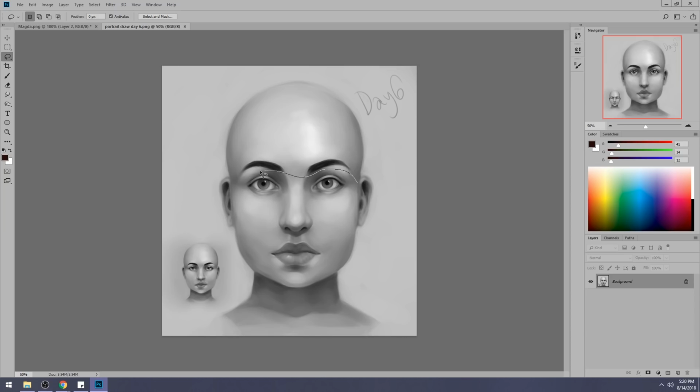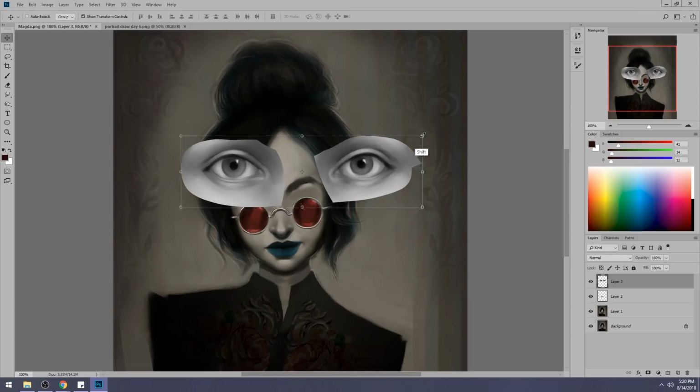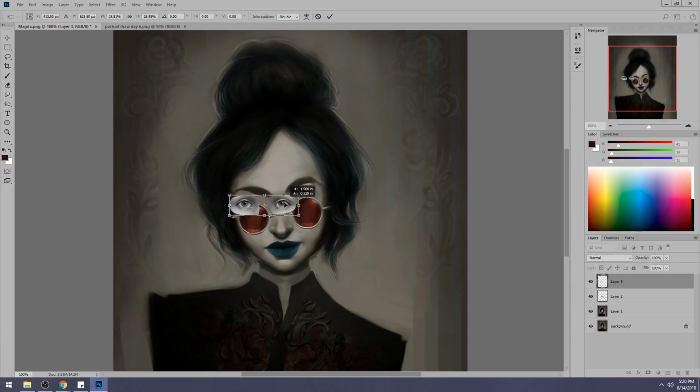Actually, I'll just grab the eyes. Do you see what I'm doing here now, guys? Okay, so these eyes go beneath, and I'll try to position them in such a way